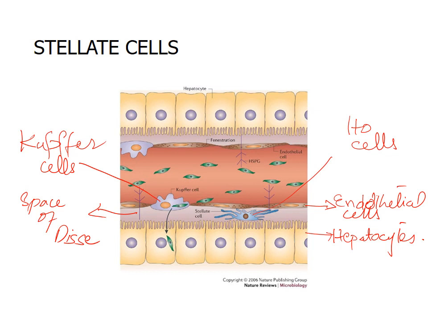So this is again a diagrammatic picture. You can see here the hepatocytes facing the sinusoids, and this surface has microvilli, and this is the endothelial layer of the sinusoid, and the location of the Kupffer cell, and then the Ito cells. They are present in the space of Disse. This is the space of Disse between the hepatocyte and the basal lamina of the endothelial cell. So these are the Ito cells.